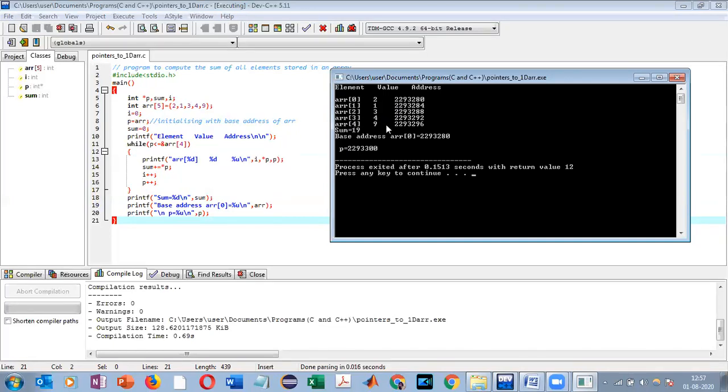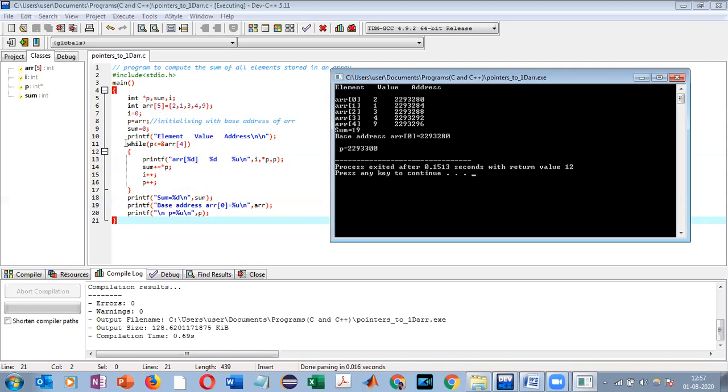So the last element of the array was at 2293296. So plus 4, the pointer variable ultimately points to 2293300, and the iteration stops over there, because we know that the loop here is running up till the address of the last element.